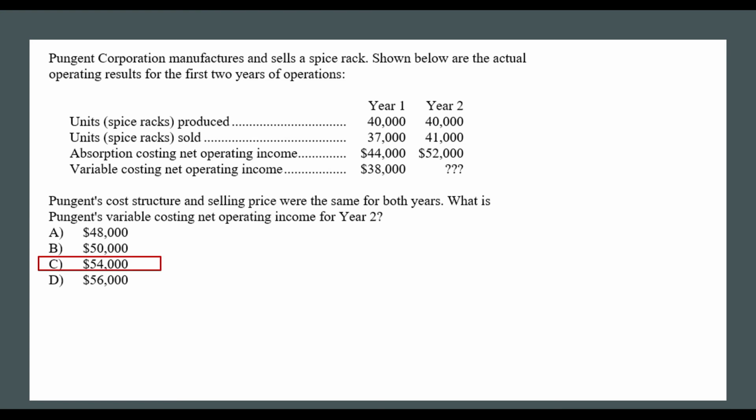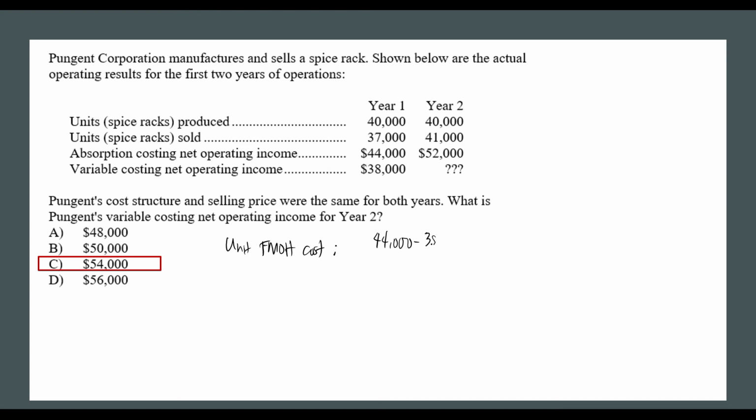So how did you get letter C? In this case, class, we are looking for the variable costing net operating income for year 2. So we need first to analyze year 1, as there will be some crucial information that will be helpful for year 2. So we need to get your unit fixed manufacturing overhead cost. So how do we get that one? Please take note that we need to get the difference between the net operating income under absorption costing and variable costing for year 1. So it's 44,000